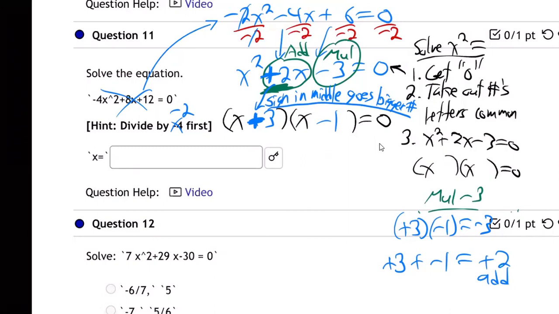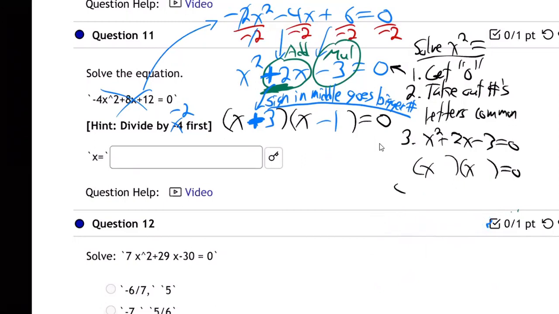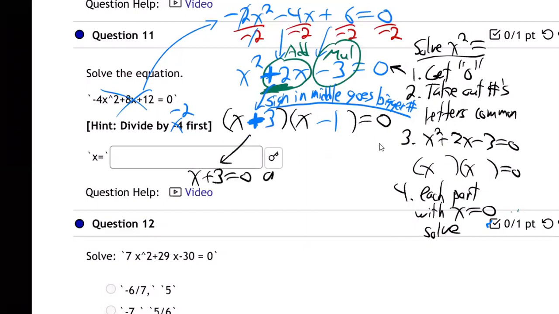Each part equals 0. Kind of running out of room here. Yeah, I'm just going to erase this. So step 4, each part with an x equals 0 and solve. So this part equals 0 or,